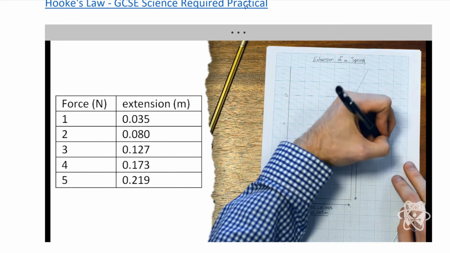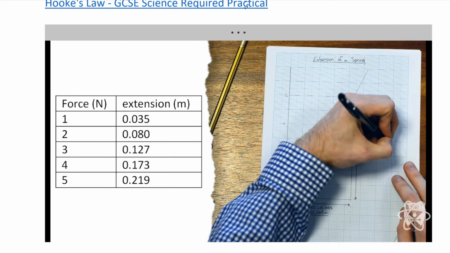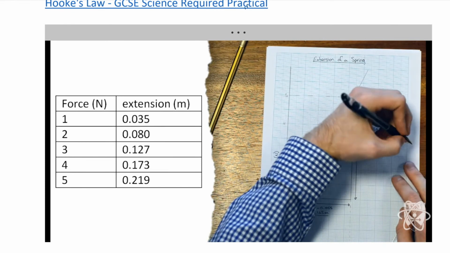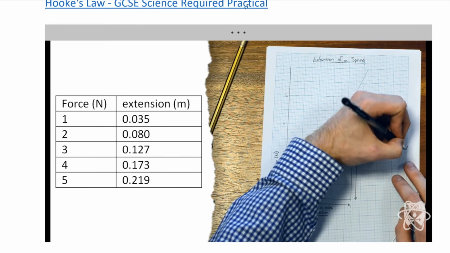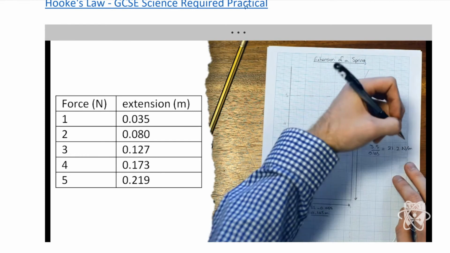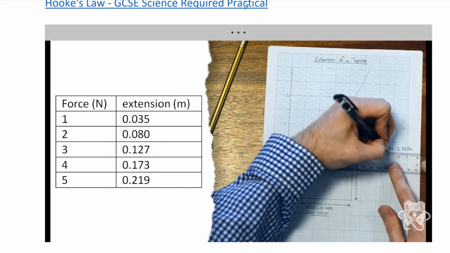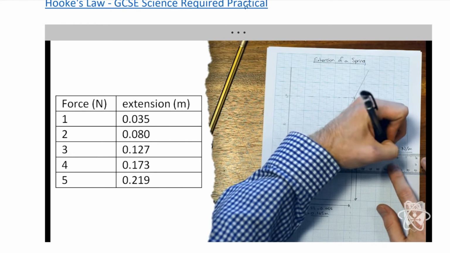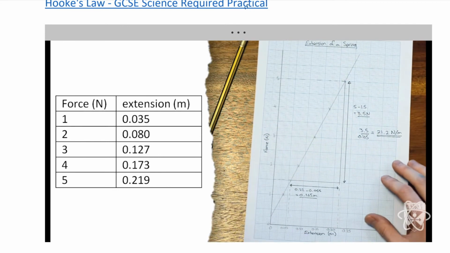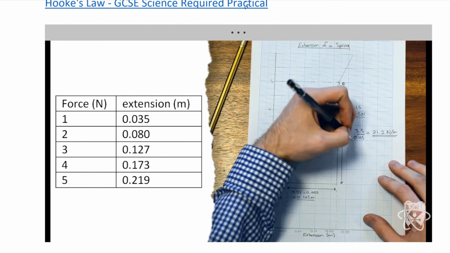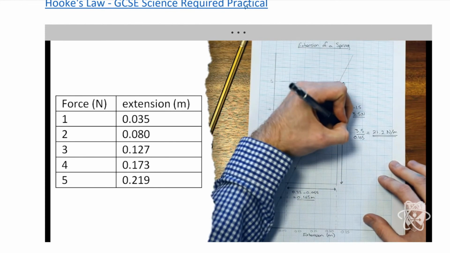And that gives a gradient of 21.2 newtons per meter. And that value gives us what is called the spring constant of the spring that we've used for that experiment there. Okay, that value is denoted by the symbol K,